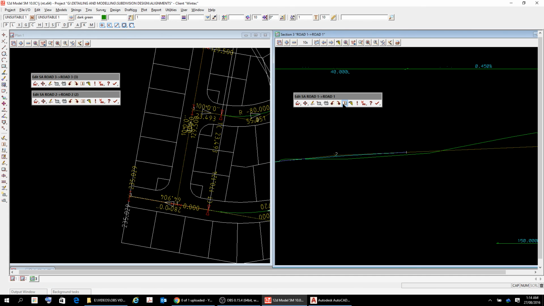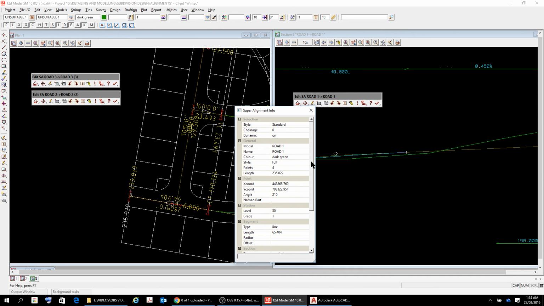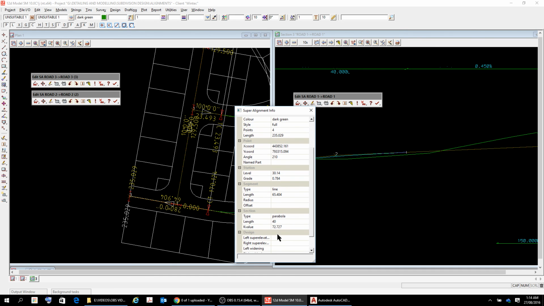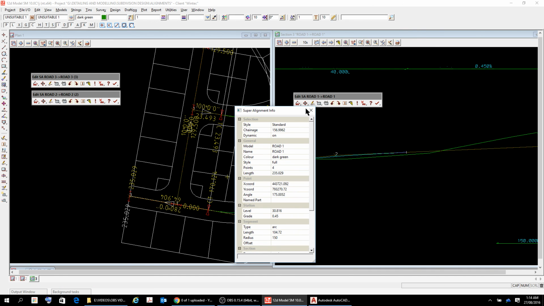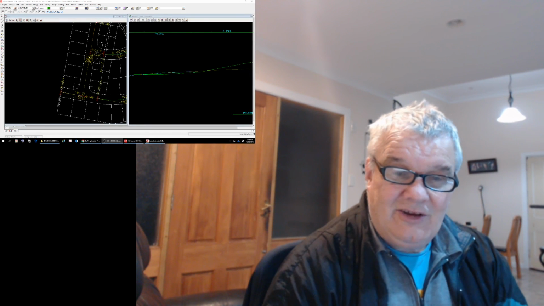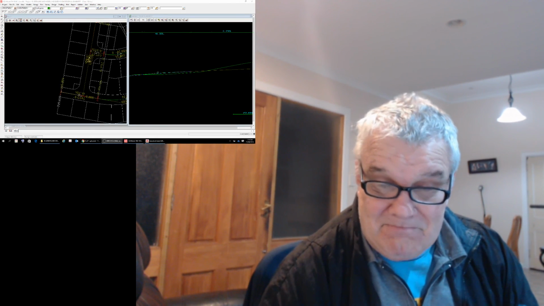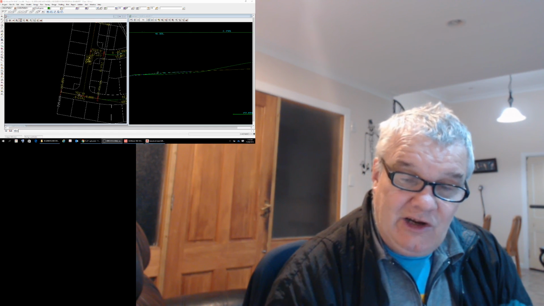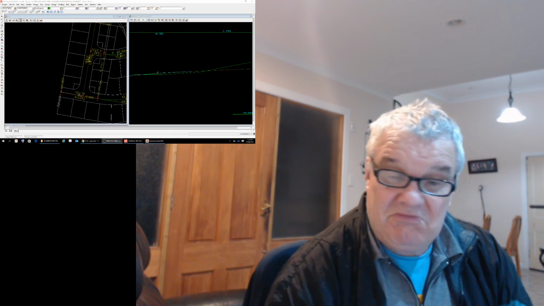So yeah, and this is the information about our road 1, how long it is, various angles, what the parabolas are like, length, and so on. So yeah, that's pretty much road 1 possibly sorted out. So I think we can leave road 1 at this stage, and we can forge ahead and move on to road 2 and get our alignment for road 2 sorted. And then, who knows,